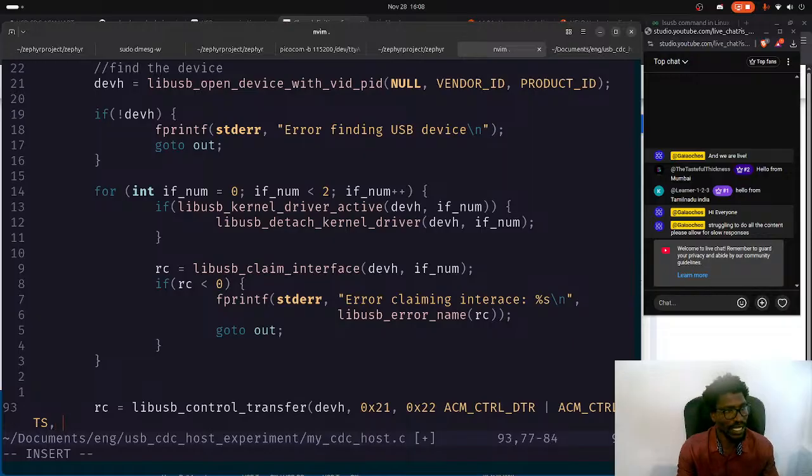Isn't it? And then after that we want to do a 0, and then a null, and then a 0, and then